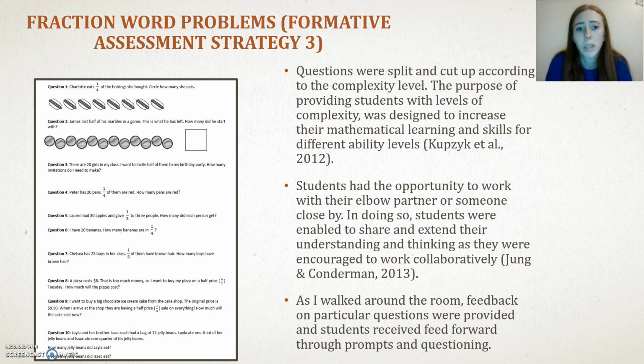The questions were split up and cut up according to the complexity level. The purpose of providing students with levels of complexity was designed to increase their mathematical learning and skills for different ability levels. Students had the opportunity to work with their elbow partner or someone close by. In doing so, students were enabled to share and extend their understanding and thinking as they were encouraged to work collaboratively. As I walked around the room, feedback on particular questions were provided and students received feed forward through prompts